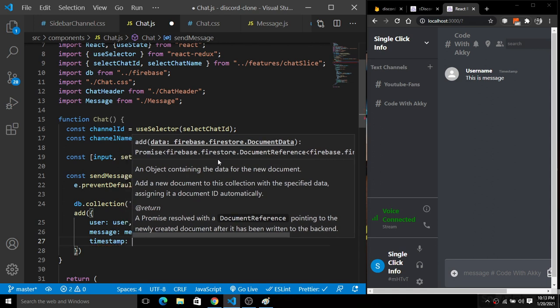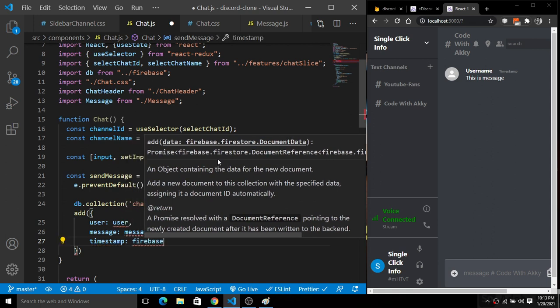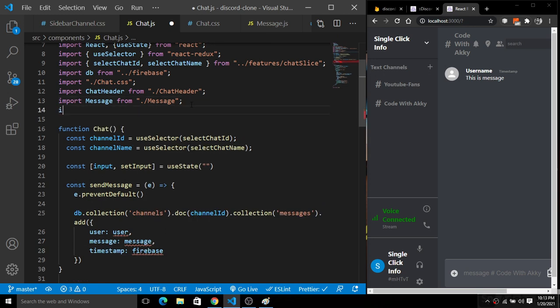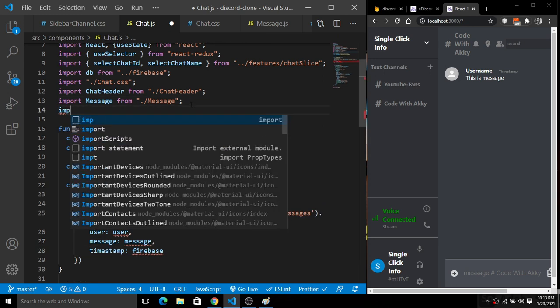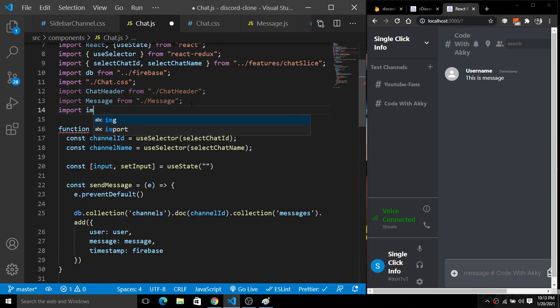For this timestamp we will use Firebase. So I'm going to import Firebase from the actual firebase that we have installed. So import firebase from firebase, the actual firebase, not the local firebase. Got it? For this timestamp we will use this.